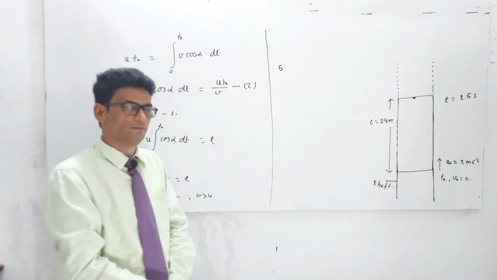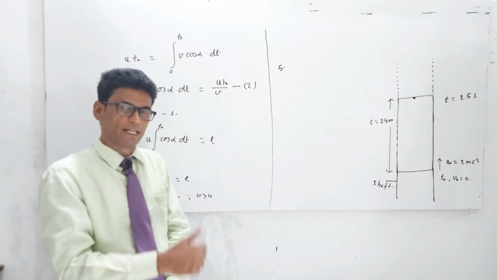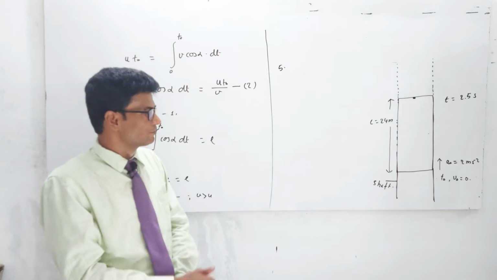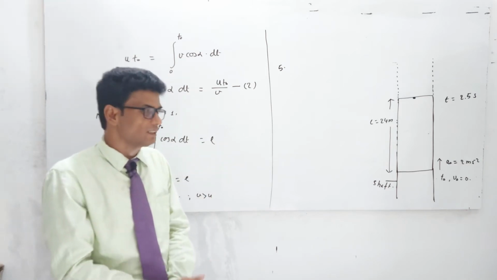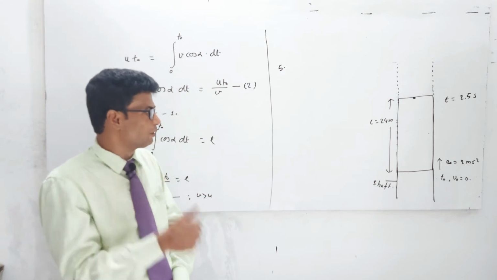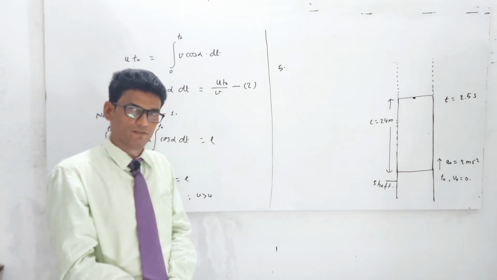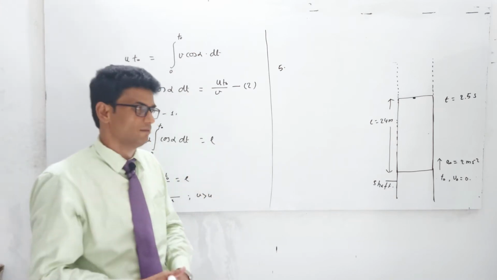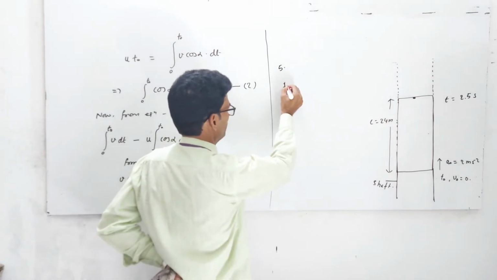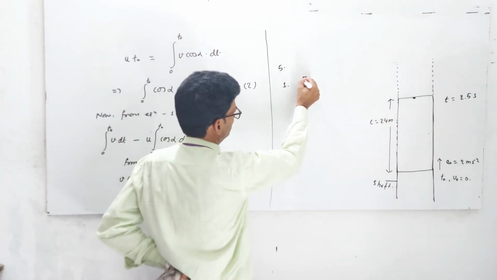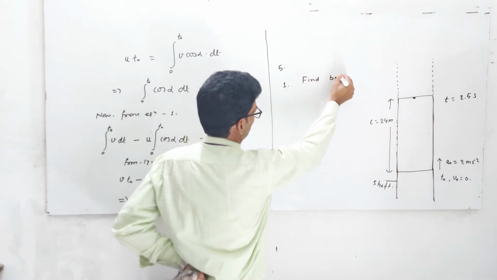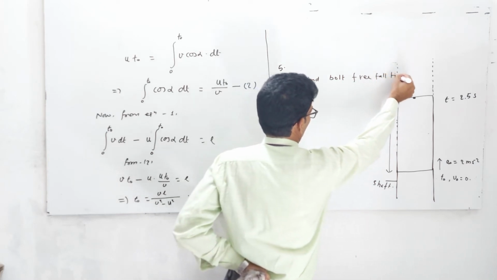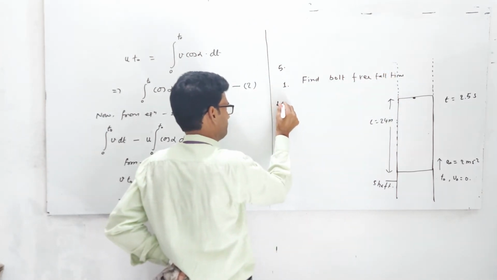Then we have to find the bolt's free fall time and the magnitude of displacement and the distance covered by the bolt with respect to shaft, or you may call it with respect to ground, supposed to be stationary. So what is the question? Question number 1, find the bolt free fall time. And question number 2,